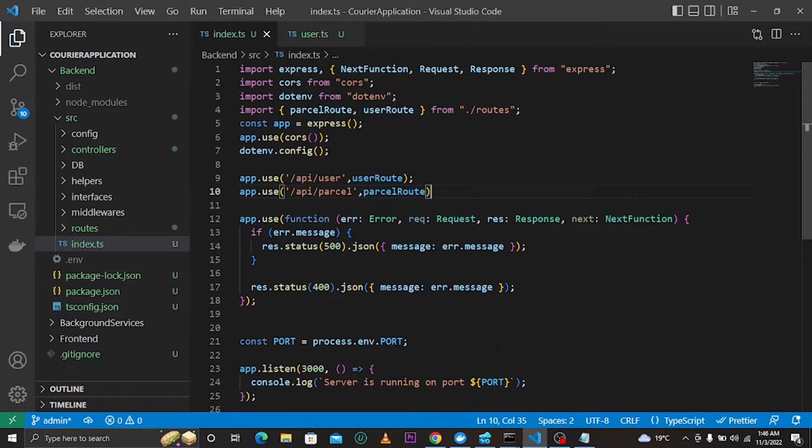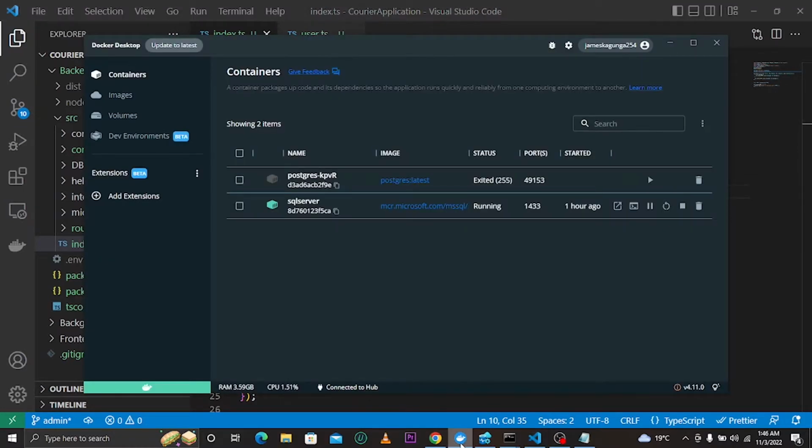To start with, if you haven't used MSSQL, don't worry, I'll go through everything that you require. If you haven't installed MSSQL, you can go ahead and install it. There are various ways to install SQL Server, and we proceed in this video. For me, I have installed it with Docker. Here is the Docker